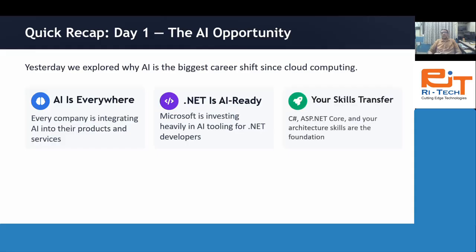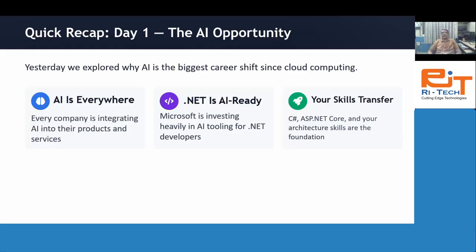So your skill transfer. So you already know C# and how to develop the web applications or backend of web applications using ASP.NET or ASP.NET Core. You already know application architecture skill, debugging of application, design patterns, deployment of applications, so many things.